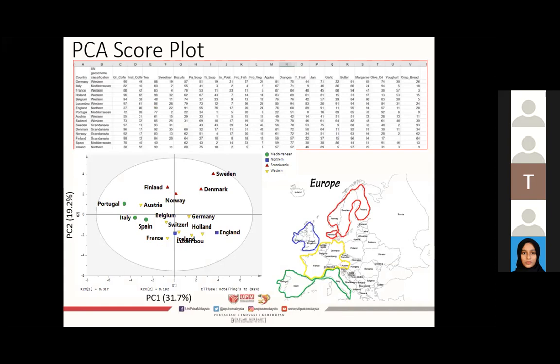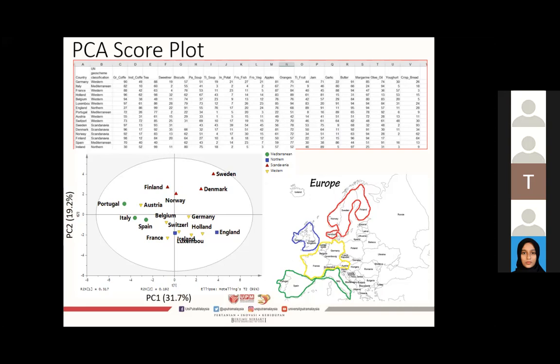There are 16 points representing 16 countries. The score plot displays the first 2 principal components of a data set about the food consumption profile of European countries. These scores are called T1 and T2. Because we have metadata, here the countries are colored according to the geographic location of the capital city. The first 2 components explain 50.9% of the variation: 31.7 plus 19.2 gives 50.9%.